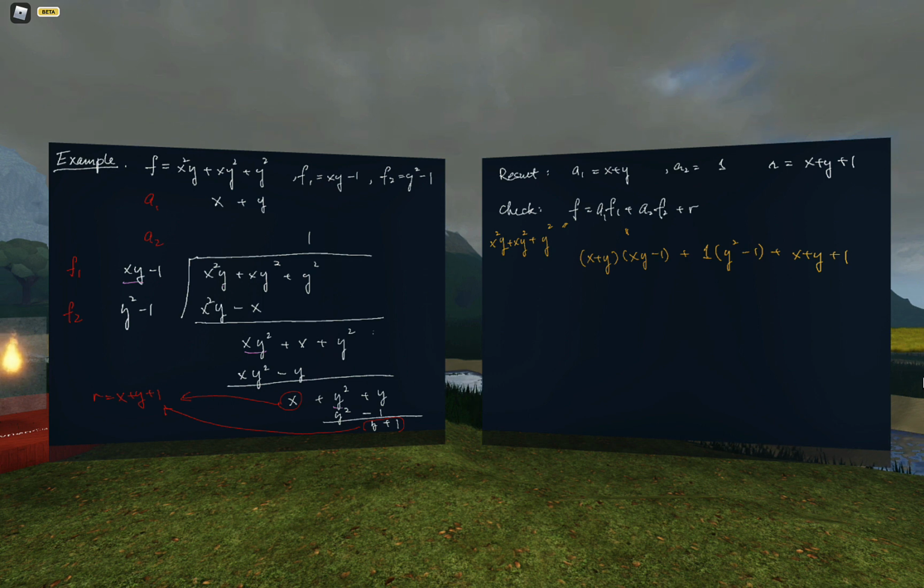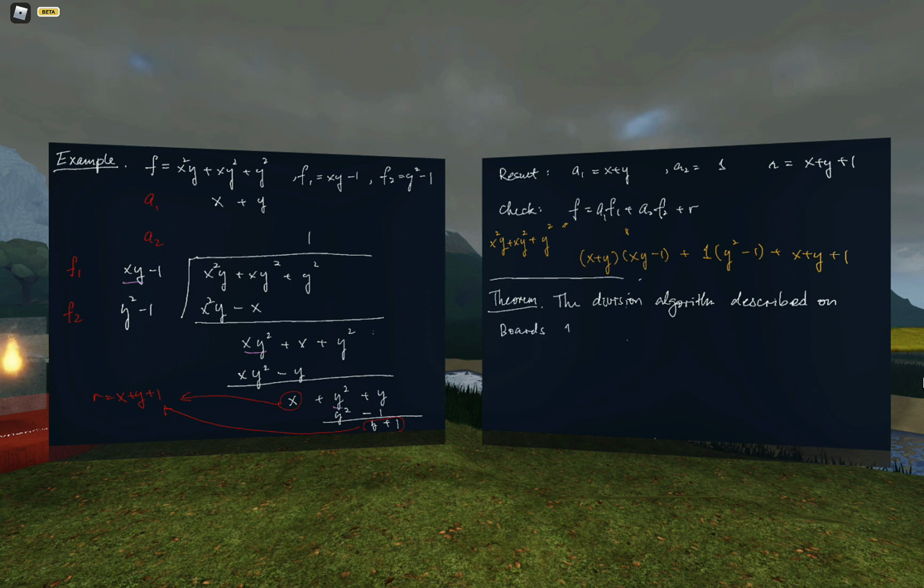So the statement is actually that the algorithm does what we want. It'd be nice if I can refer to the fourth board over there. I'll just refer to the fourth board over there. So the theorem, probably not very nicely stated, is that the division algorithm described on boards 1 to 2 gives output satisfying conditions